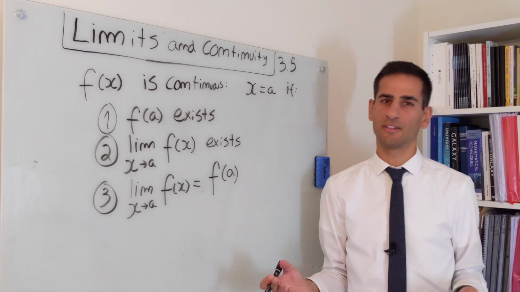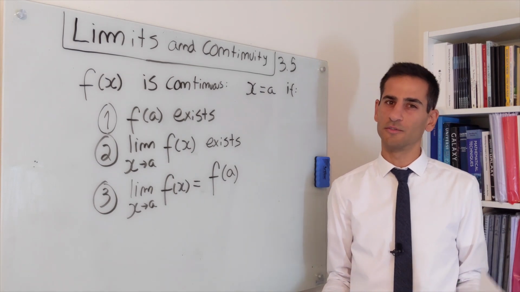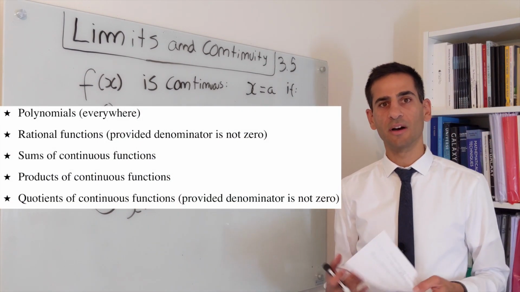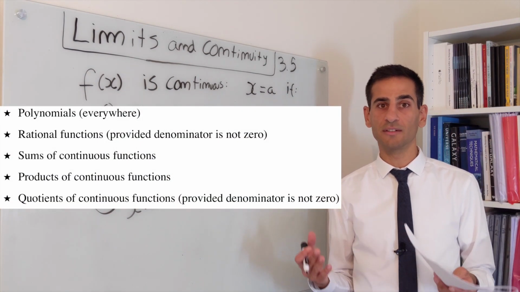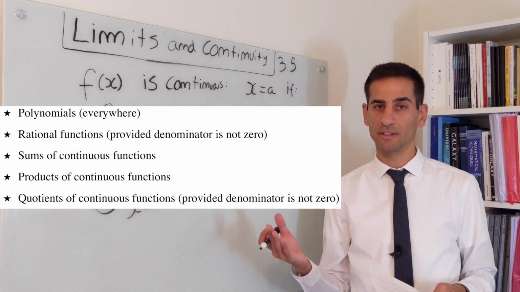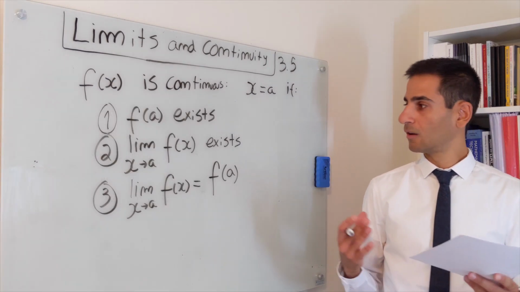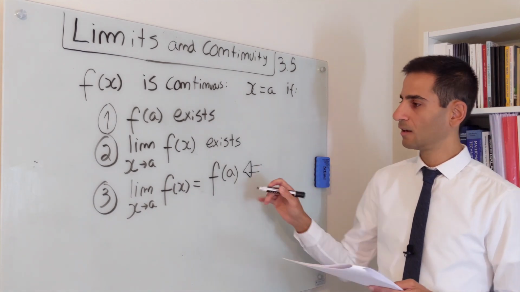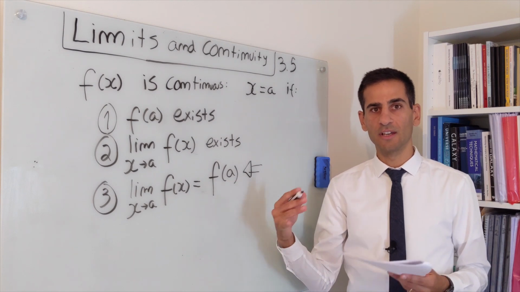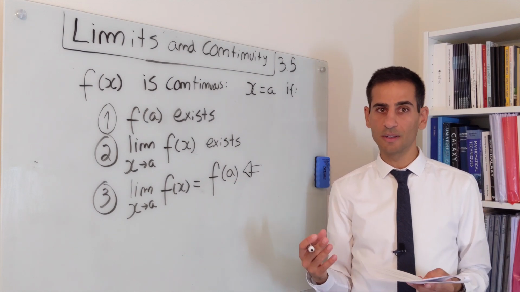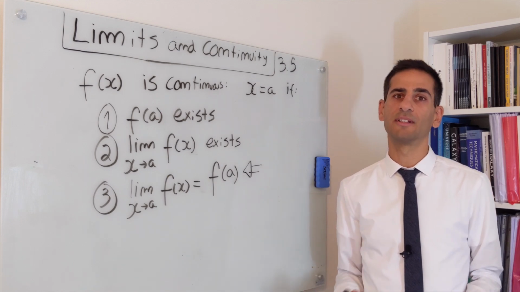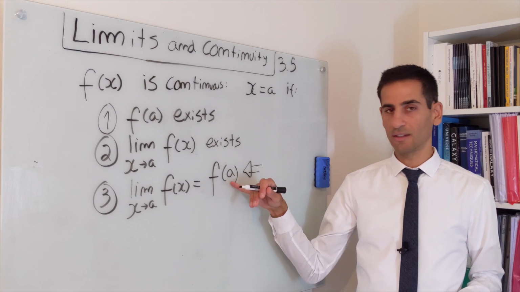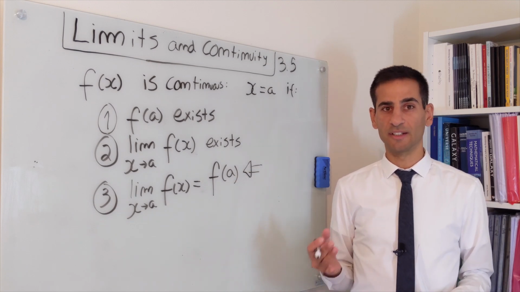There are plenty of examples of continuous functions, most of those that you've used so far. For example, polynomials or any combination of continuous functions tends to be continuous, provided that you avoid dividing by 0. On top of that, there is actually a very nice application of this property, because if you know that a function is continuous at a point, then calculating the limit is incredibly straightforward. All you have to do is to plug in the value and you will get the limit by definition.